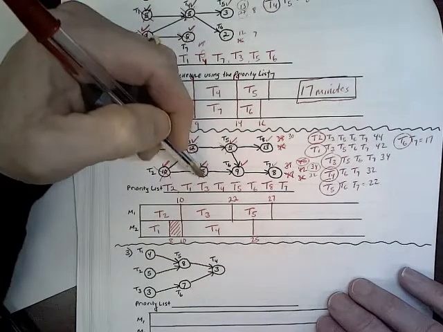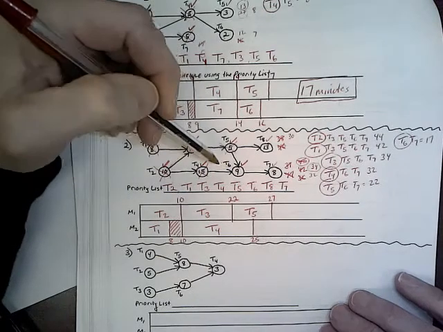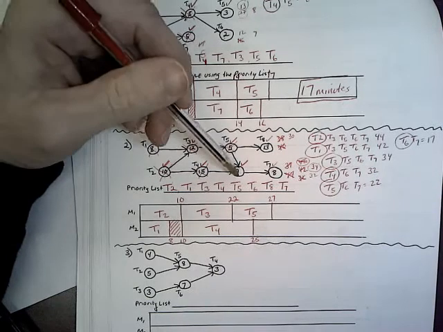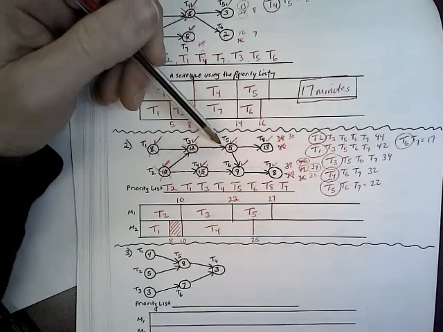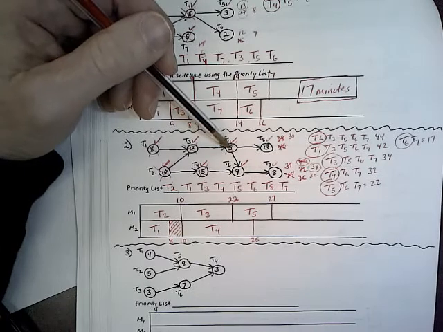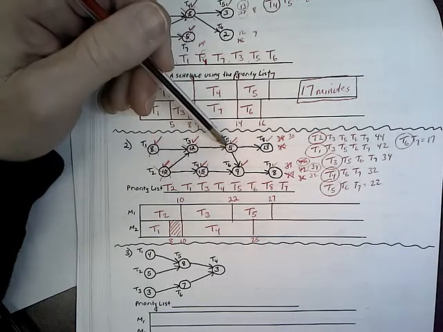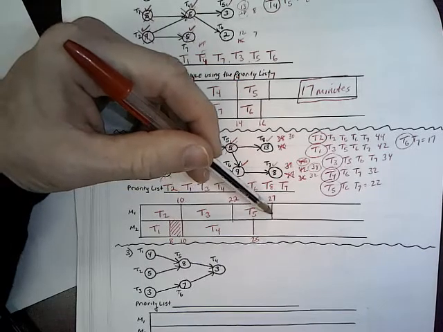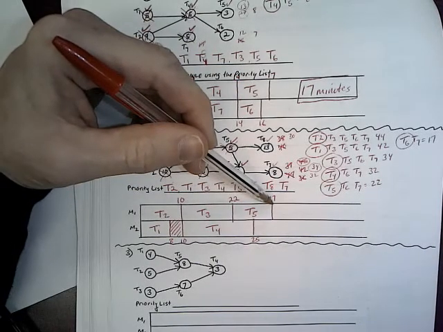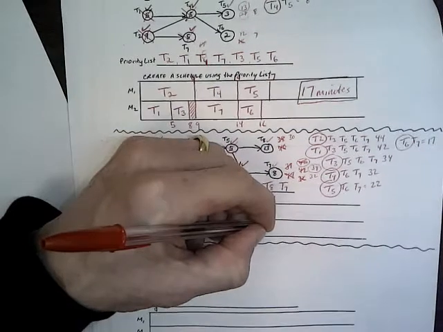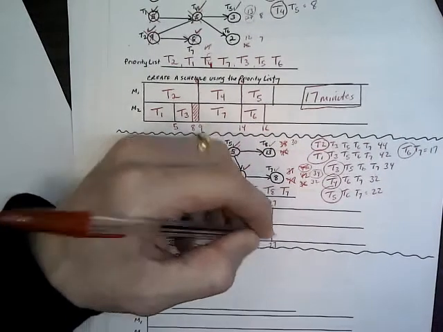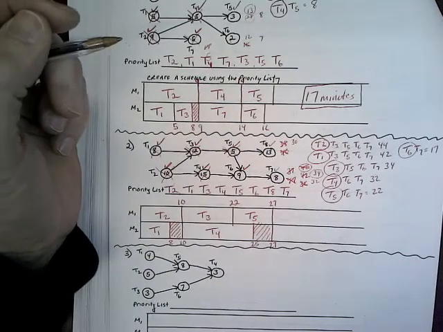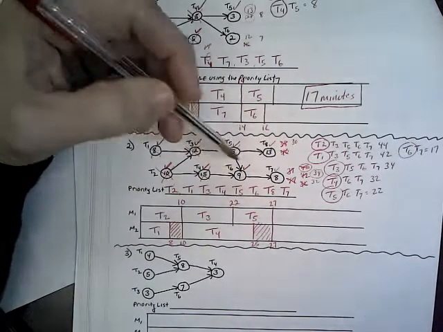In the meantime, T4 finishes up. And T4, that doesn't quite open T6 yet, though. You see, T6 really can't go until 5 and 4 are both done. Well, 4 is done here, but 5's not going to finish until 27 minutes. Okay, so we're going to have to wait until the 27-minute mark, and that creates 2 more minutes of idle time on machine 2. Okay, and at that point,